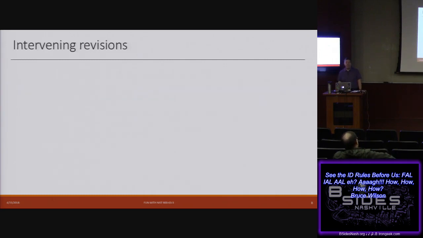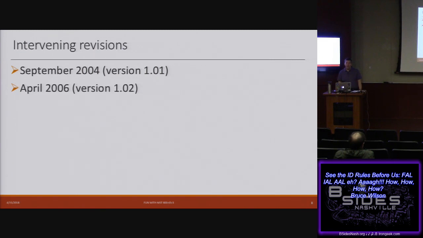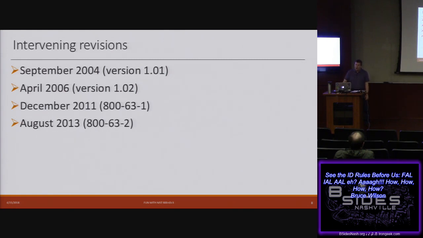There have been some intervening revisions. So the first version was in 2004, a revision in 2004 a little bit later. We had April 2006, so not too much after that, a couple years, version 1.02. The so-called /1 revision, about 5 years later, that was fairly quickly updated to revision 2 in 2013, and then a significant gap here of about 4 years before they came out with revision 3.